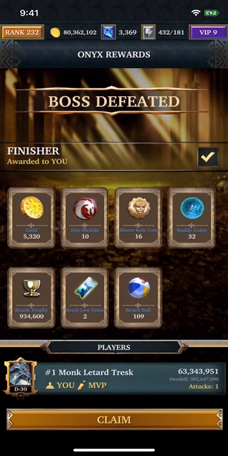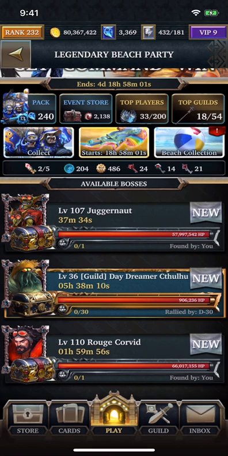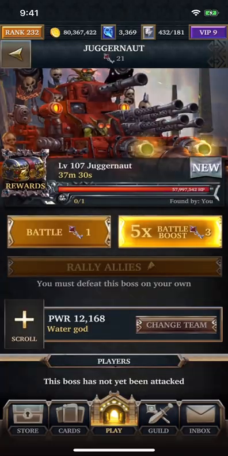And so 382,63. We're able to deal a little over 400 million, almost 5 million with 1 key here. So that's not bad, given that we don't have 2 of the slots that can have a 10 times commander bonus. And so now the reason why I say Rouge Corvid is better than Juggernaut for that particular team